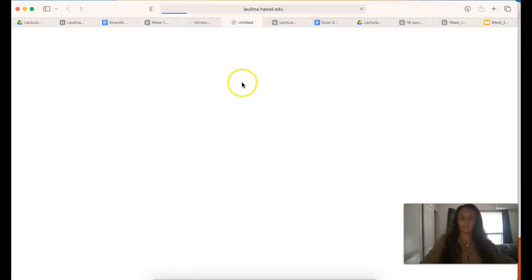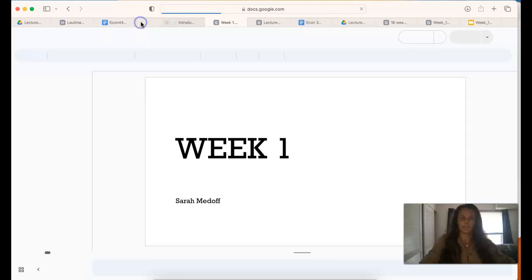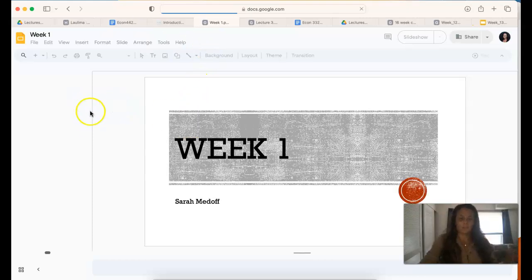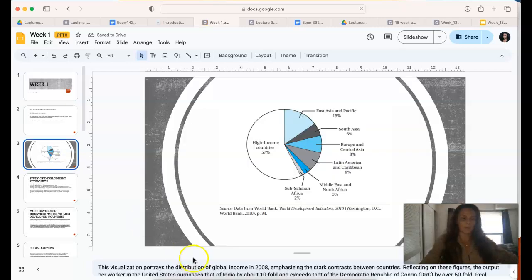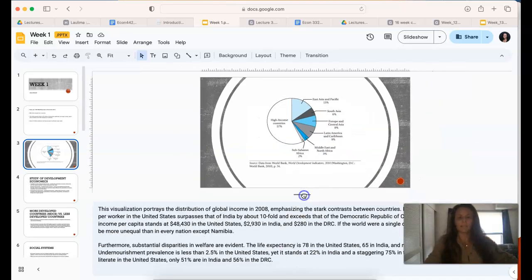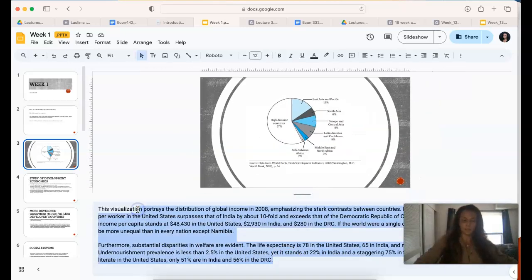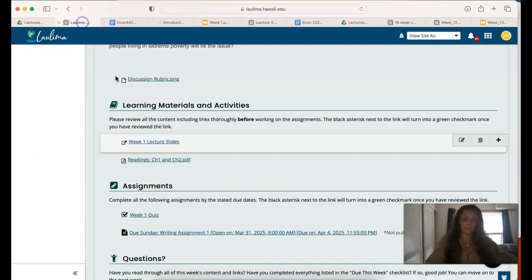So this is going to be the lecture slides for this week. So one thing I do want to point out with these lecture slides is, sorry, my Google Slides takes forever to load when I am giving a presentation. So on these lecture slides, there is information on the slide itself, but really the bulk of the information is going to be in these notes. So make sure you review these notes and study the facts that come up in these notes, because that is what's going to show up in the quiz for that specific week.